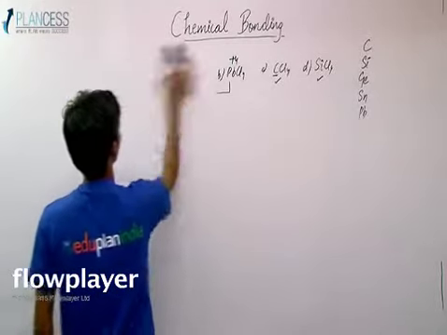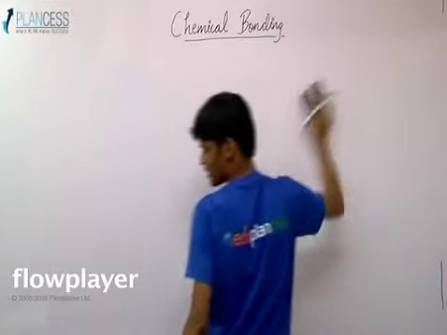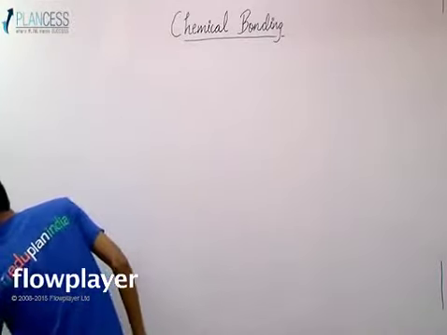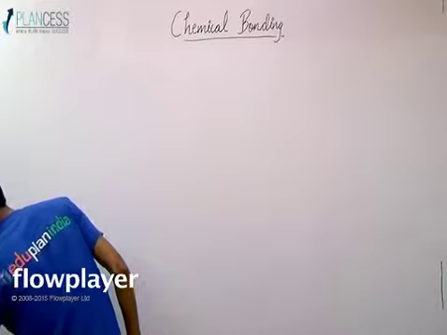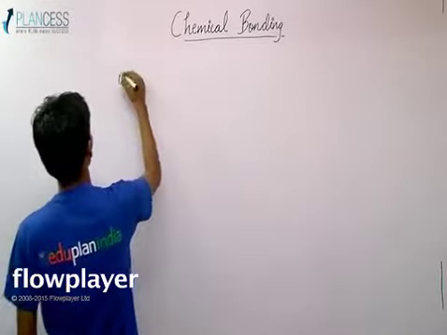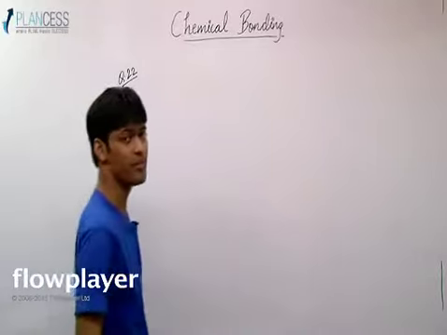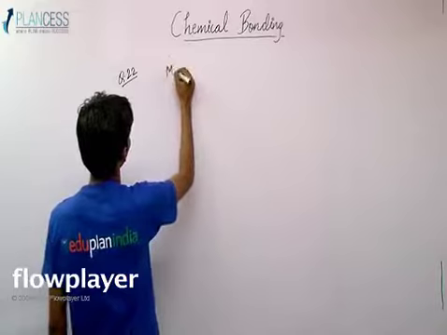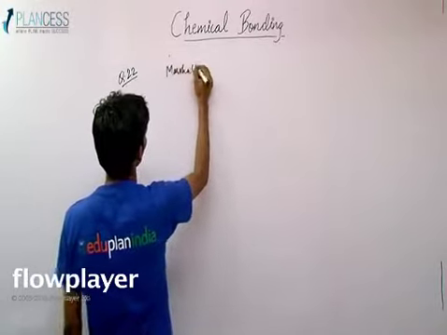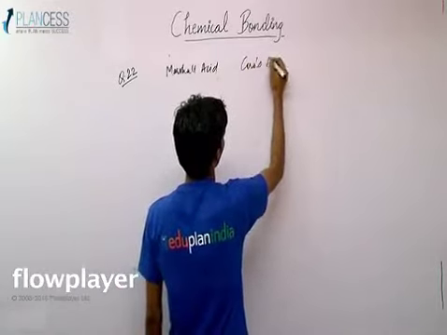So this was question number 21. The next question, question number 22, would be a subjective question, that is, explain the structure, hybridization and oxidation state of Marshall's acid, Caro's acid, oleum